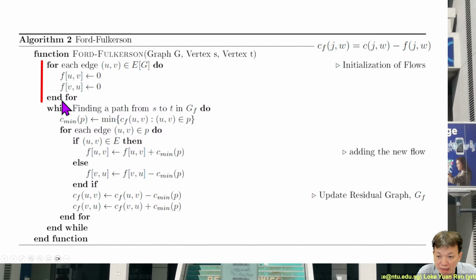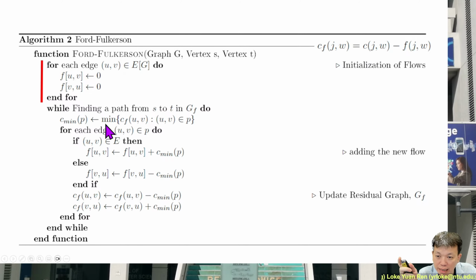I haven't started finding yet. The iterative improvement strategy they use is in this part. They're trying to iteratively improve. Every time they find a path. So as long as I can find one, before I execute this while loop, I need to find a path. You can use breadth first search or depth first search to find the path. So once you find the path, then